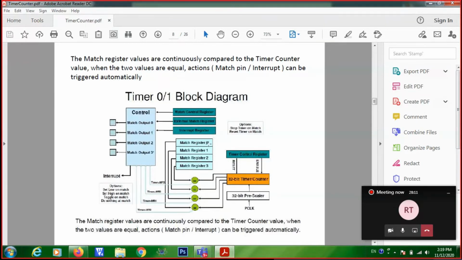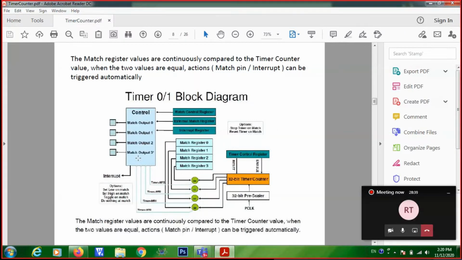I told you that you have 4 match registers, right? Whatever value you write in the match register will be compared with the 32-bit timer counter value in each clock cycle. And whenever it is found to be equal, it will generate a signal to this match control block.